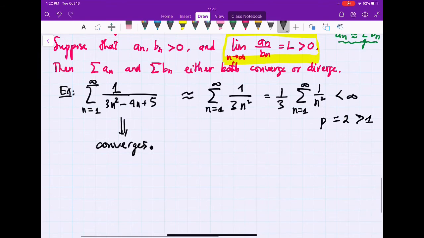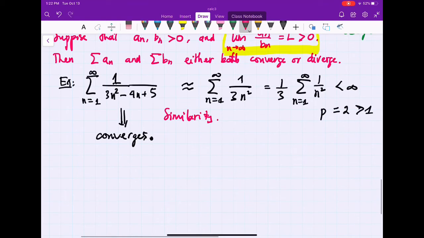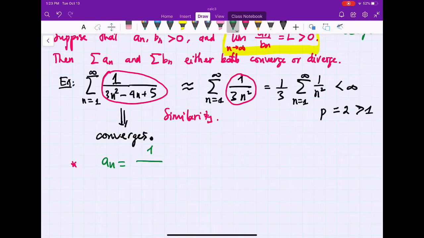Okay, this is about similarity. Let me write here. If you want to use comparison, you would think that you compare this guy with this guy. How about that? Or you might compare with just 1 over n squared. Let's compare an equal to 1 over 3n squared minus 4n plus 5 and bn equal to 1